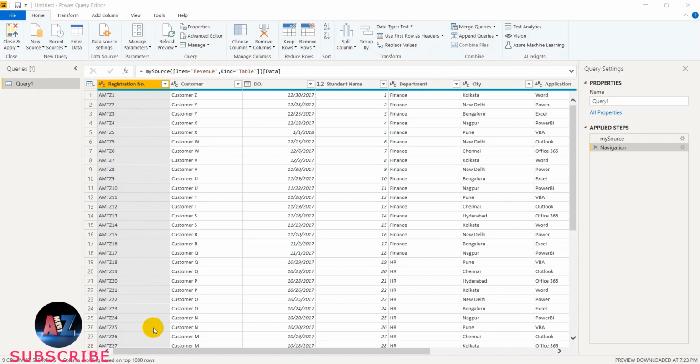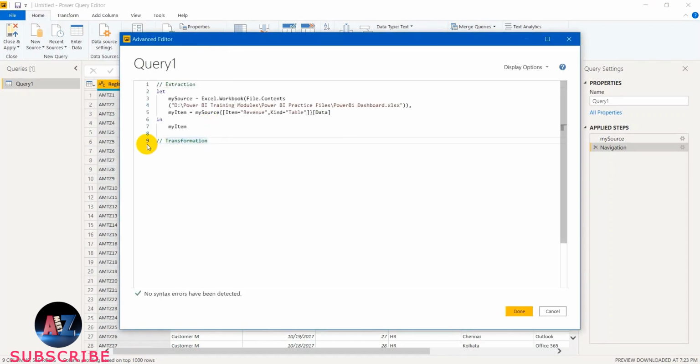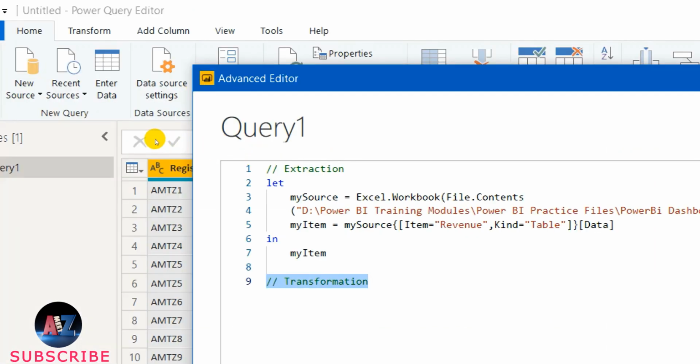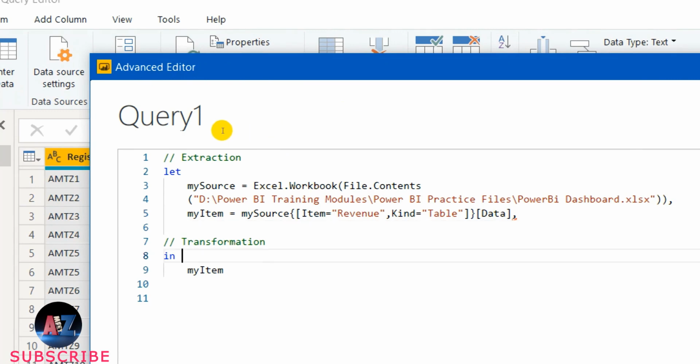Now, let me jump into the advanced editor window. There I will be typing the code for each one. The first step is removing this column. So let me go to advanced editor. Let me add this step on the beginning. Let me zoom the screen. Let me add this step somewhere here, because these are the steps now to deal with transformation. Since I'm now adding more steps, there is a comma and then my steps will start somewhere here.